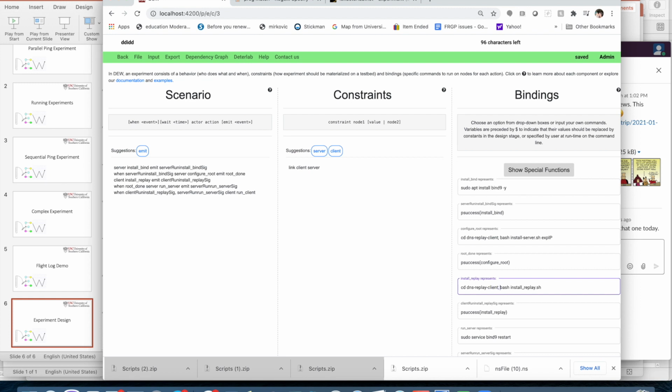client, and then I'm going to do sudo bash install client.sh, and then when that is done, I should be able to do make. So that will replace what I was planning to do here to install the replay tool, and hopefully that will work. So let's see. I'm going to save and export,